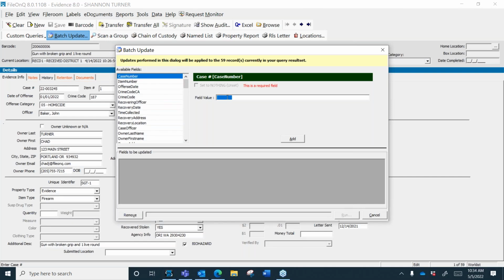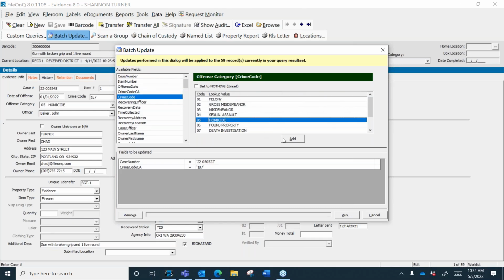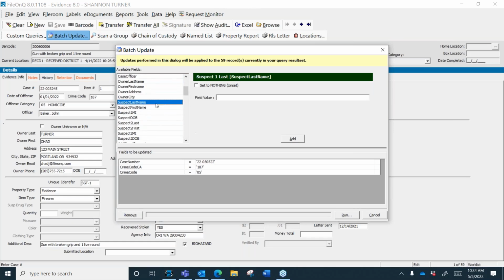So the case number, let's say it is 22-050522. I just threw in today's date for fun. Okay, so here's our new case number. And let's see, I have a penal code field for California agencies. I'm going to say this is a 187. The crime code is now a homicide. Let's come down and say that the suspect's last name is Mr. Jones